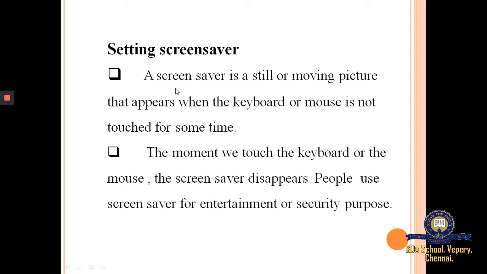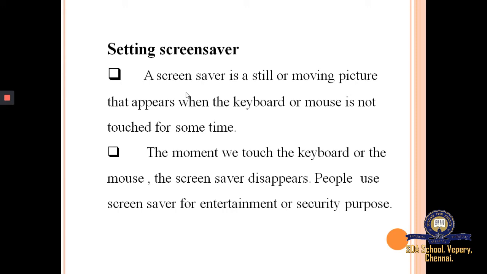Okay, setting a screensaver. What is meant by screensaver? A screensaver is a still or moving picture. A screensaver is a single picture or an animated picture, which means a moving picture, that appears when the keyboard or mouse is not touched for some time.